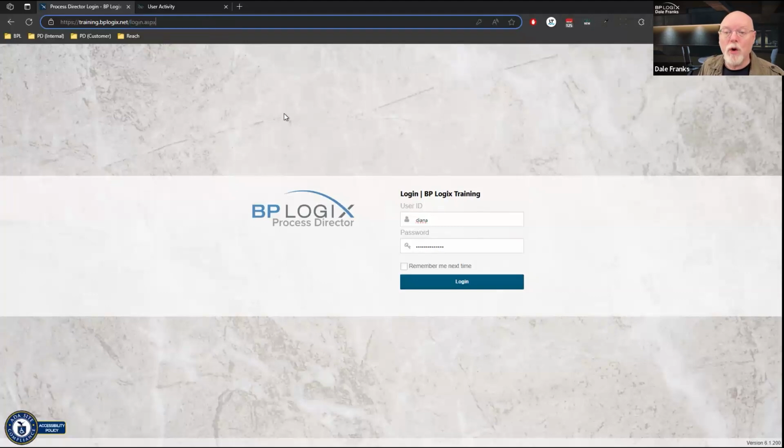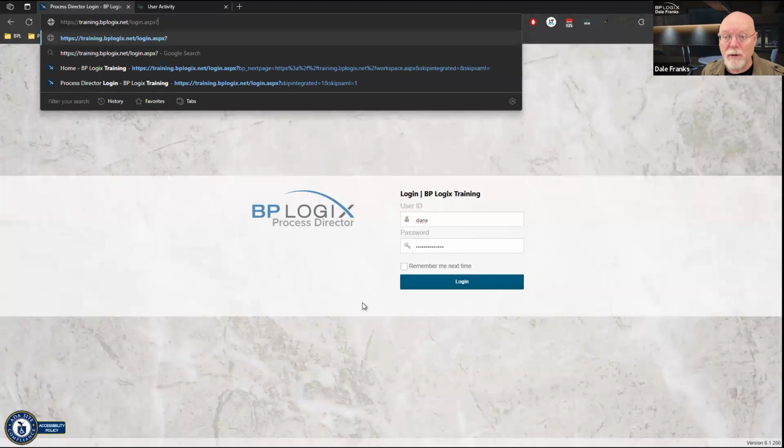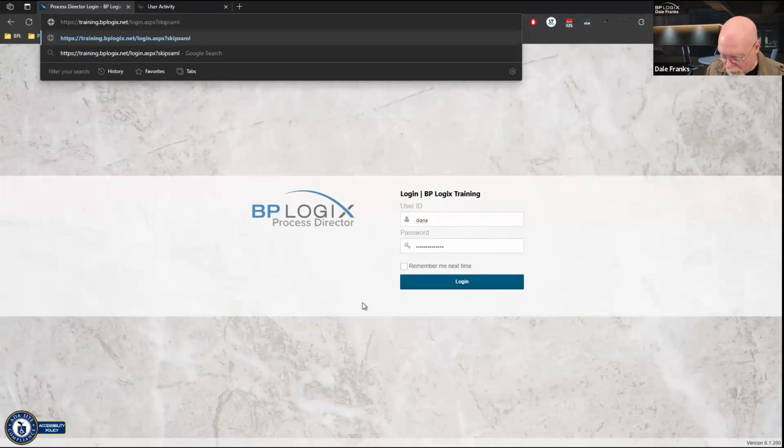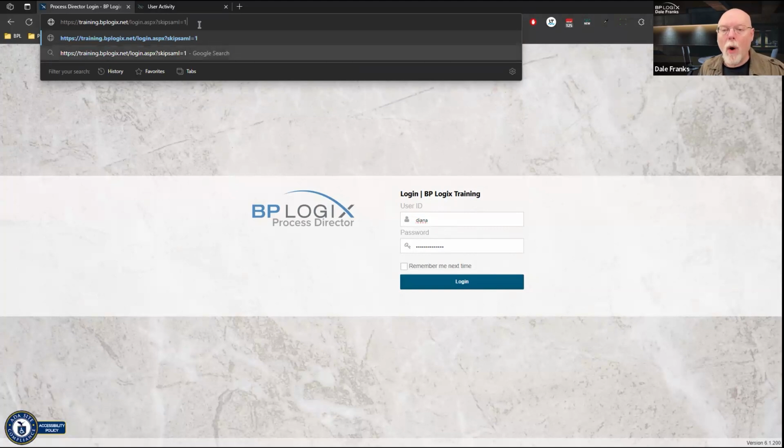So the actual URL that you would go to log in, in my case, would be training.bplogix.net/login.aspx. Then you'll need to put in a question mark and type in skipSAML=1. What this URL parameter will accomplish is it will void the SAML redirect to your SAML login.